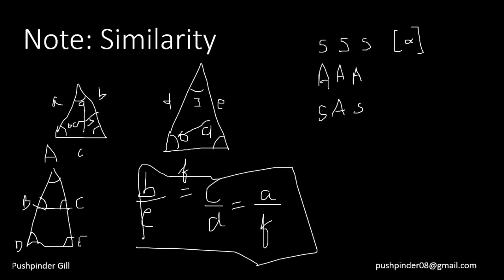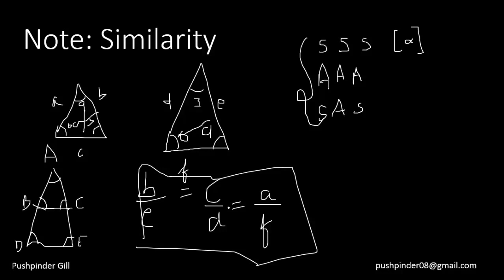Alright, this is the relationship which will come out when two triangles are similar. And how are you going to find this relationship? First you will establish that these two triangles are similar based on these three things. And once you've established that, you would find the ratio of similarity. And how are you going to find that? Sides opposite to the same angles would be in one particular ratio, and that equality would hold for all the